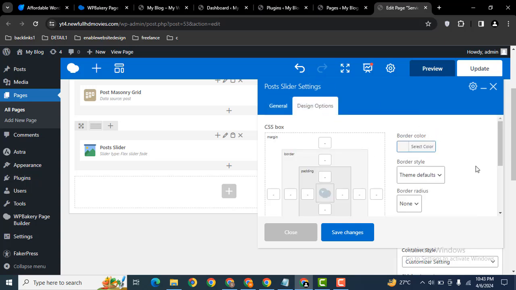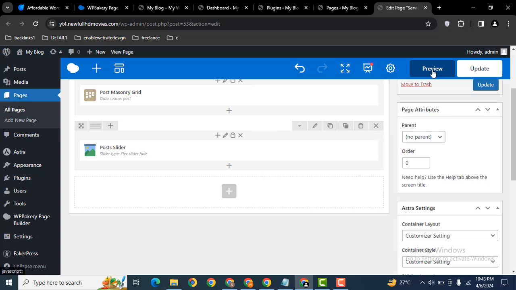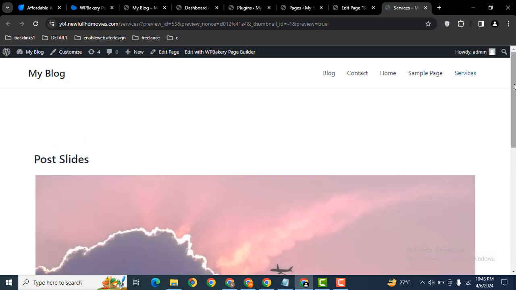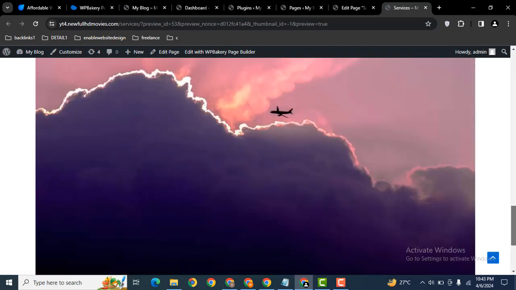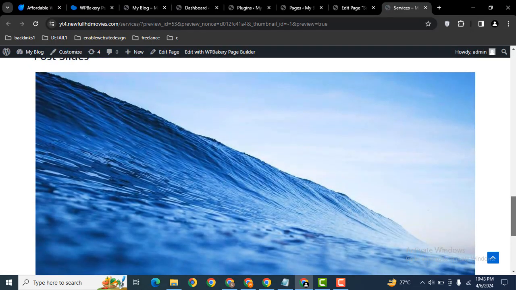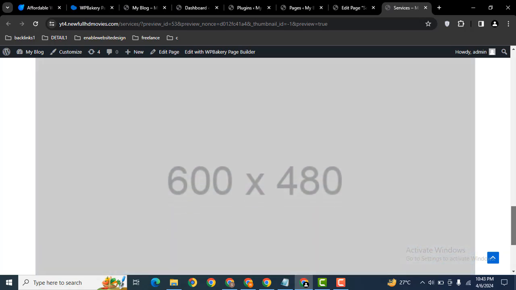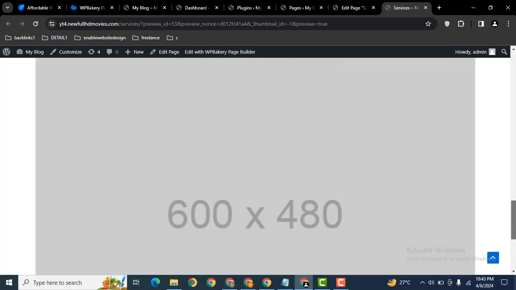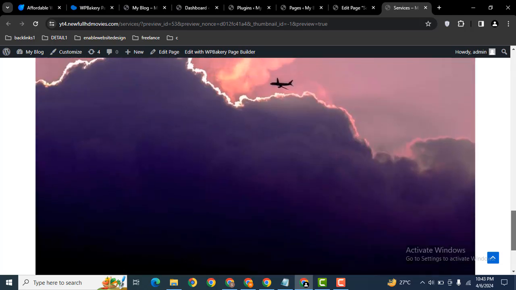Then go to design options. Here we can add some margin on the top side, for example 30. Then save changes. Let's preview. So guys, here you can see this is the post slider, and we have selected 4